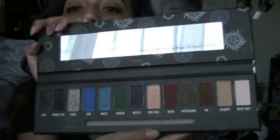Alright, so I have used my normal Supernatural eyeshadow palette before in the past, so it looks kind of messy. But these are all the colors we have. The one I'm going to swatch first is called Baby, which is this one on the far side. I have to look in my viewfinder. Baby's like a sparkly black. Can you see that? Ooh. Okay, the next one I'm going to be doing is Demon Eyes, which looks like it's just a black